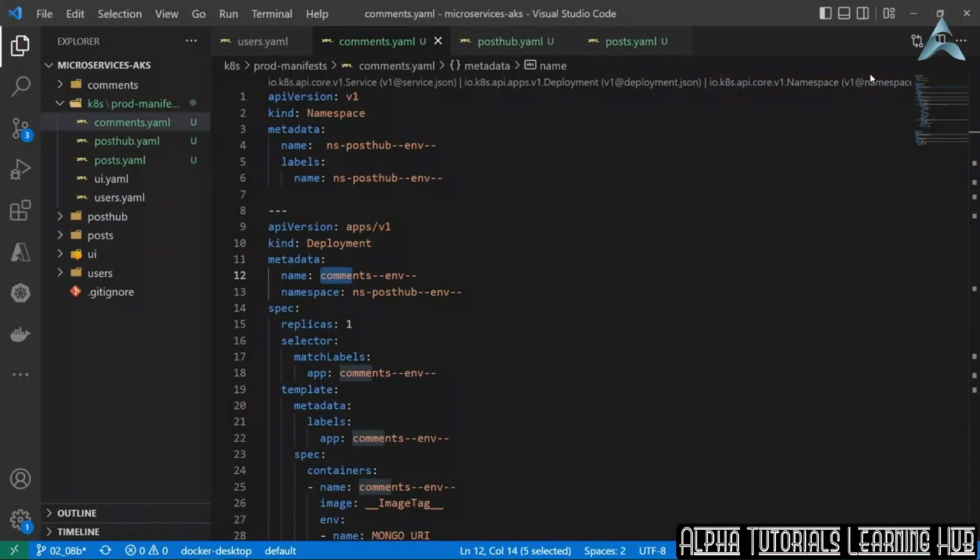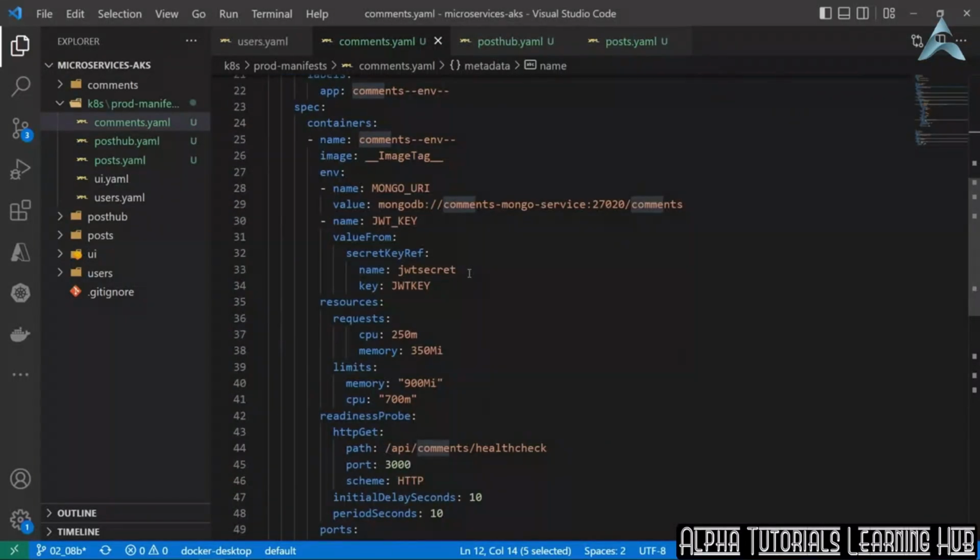In our code, there is a process.env.NATS cluster ID, client ID, and URL defined for communicating with the event bus. This is necessary so we don't hard code values in the application that can possibly change in the future based on environments. So we would update the env section of our container, adding fields for the NATS cluster ID, client ID, and NATS URL. Let's scroll to the deployment section, and where we have containers just after the JWT key variable,